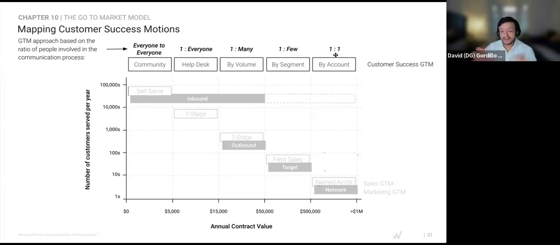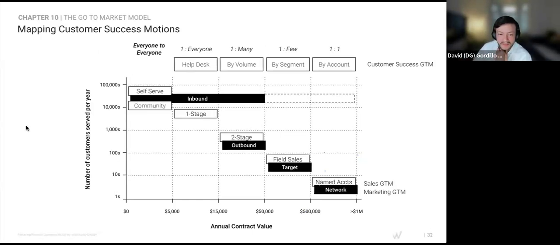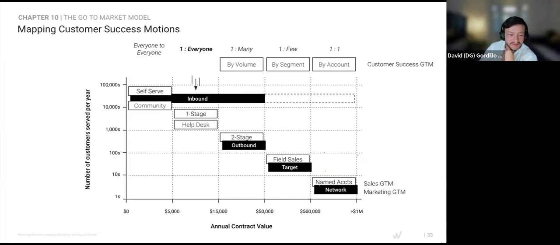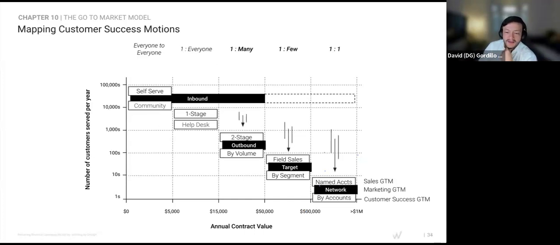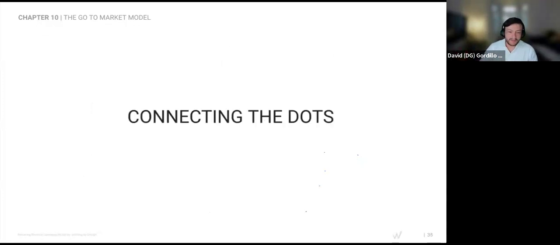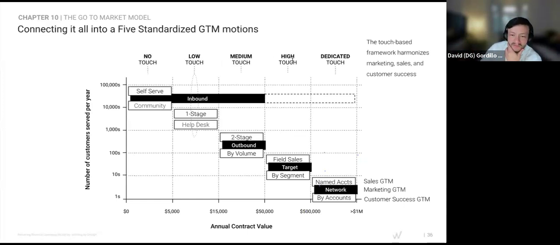Sometimes it's even few to one. When the accounts are huge and you have different locations as well, you might have a customer success manager for the UK location, another one for the North American location, and another one for APAC location as well. And as you probably can infer already, we can map these back to the different marketing and sales motions as well. So now if we connect the dots, at the top, we can call these different go-to-market motions